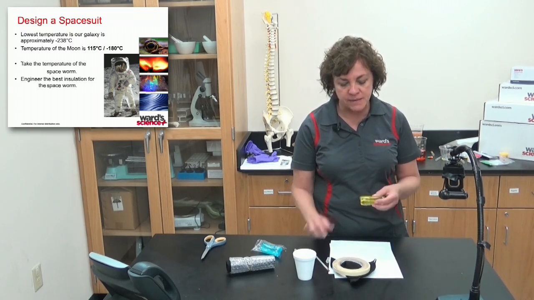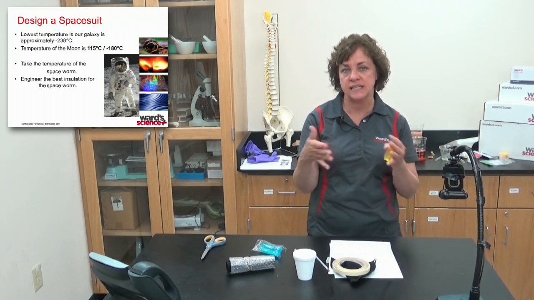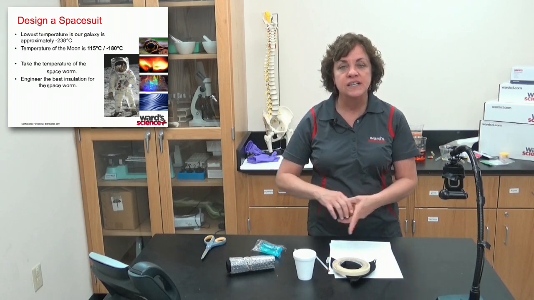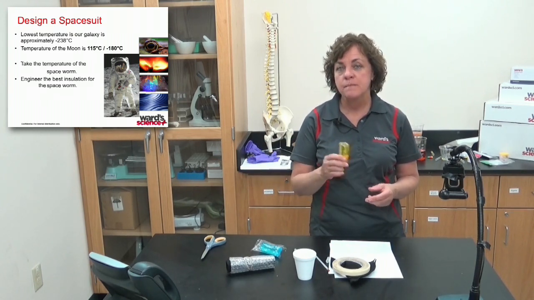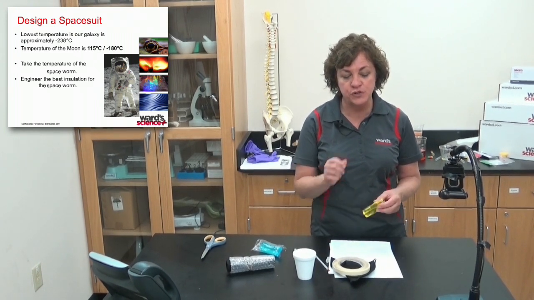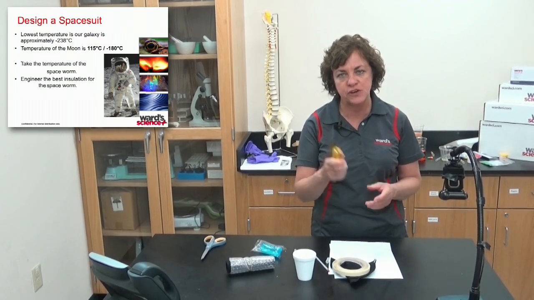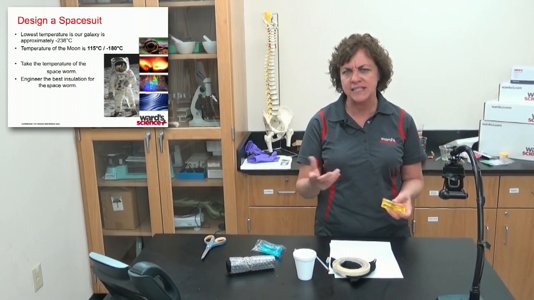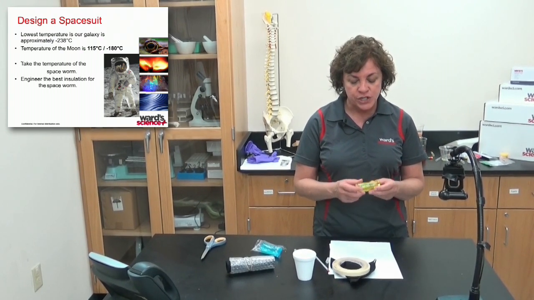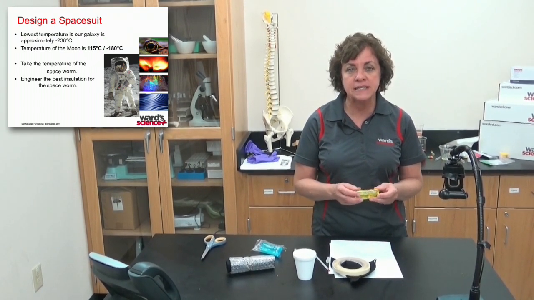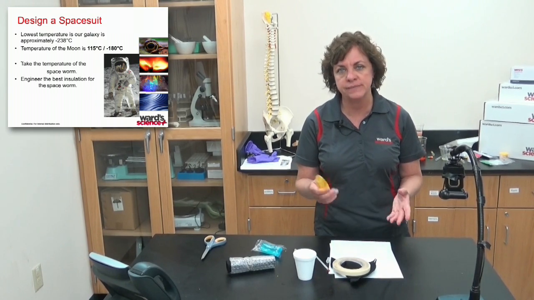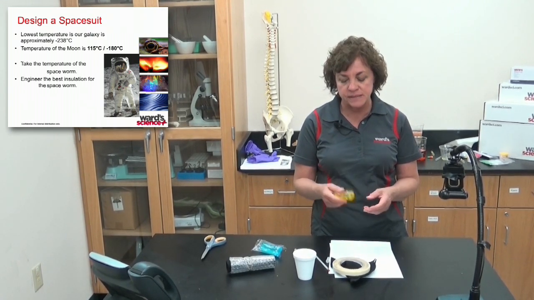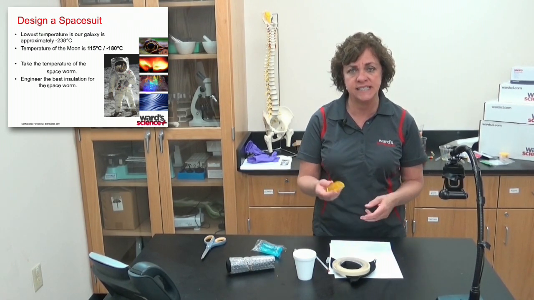The other environment that you want to test is, we said it gets really cold at night, but in the day it gets really hot. So what you're going to do is put it under a hairdryer for a few seconds, but the hairdryer will end up melting these if you're not careful. So you're not going to do it for very long, like 10 seconds. Or you can take it for 5 minutes and put it under a heat lamp, or even a lamp with an incandescent bulb, something like that that's going to heat something up, and then test it at the end as